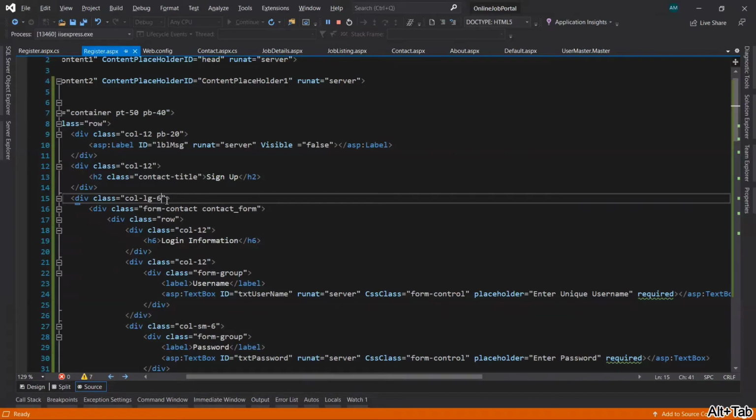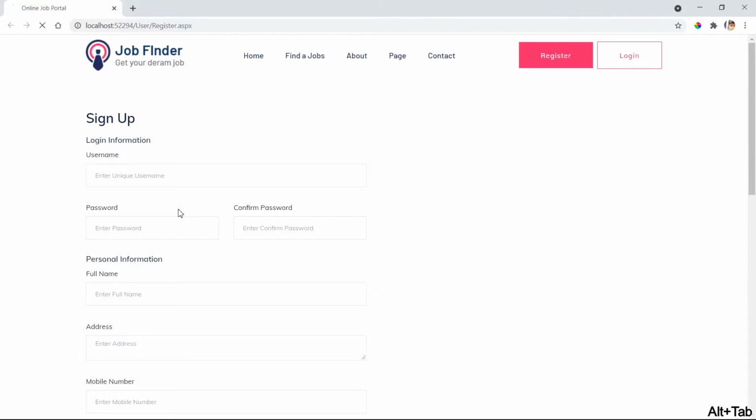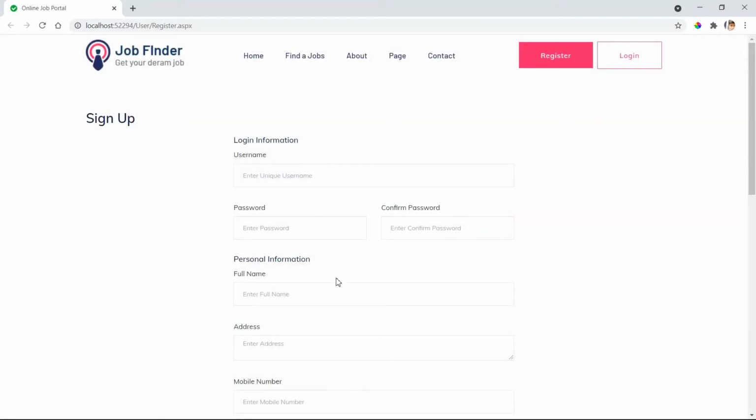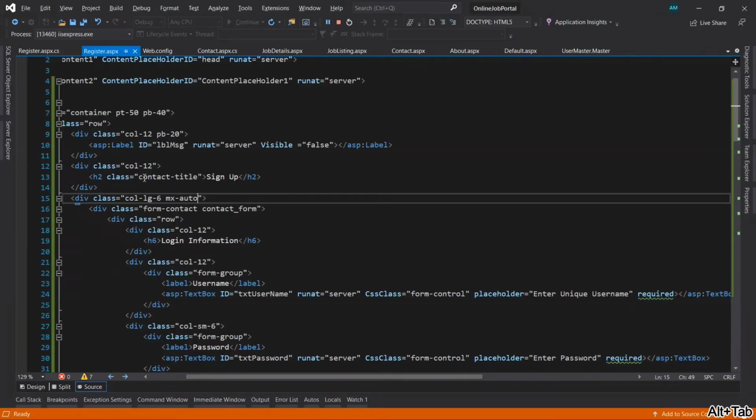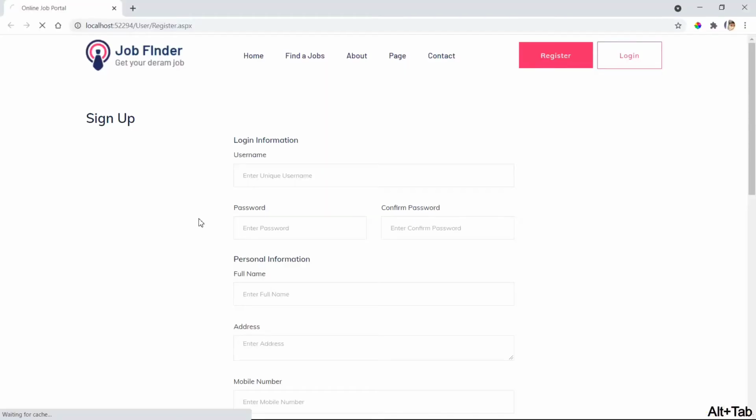Now after that, take margin x auto, save it, and refresh the browser page. It comes in the center. But the sign up title text we have to make center here, text center. Save, refresh. So it came in the center.